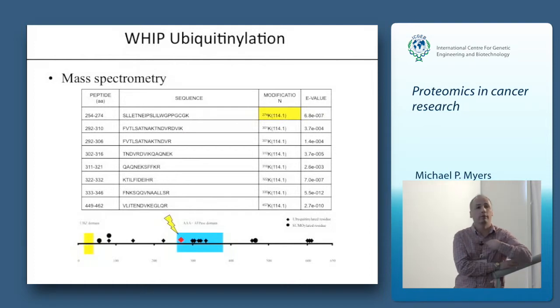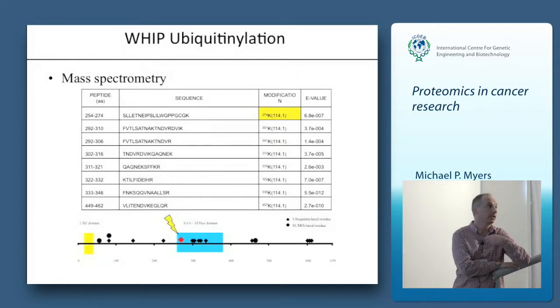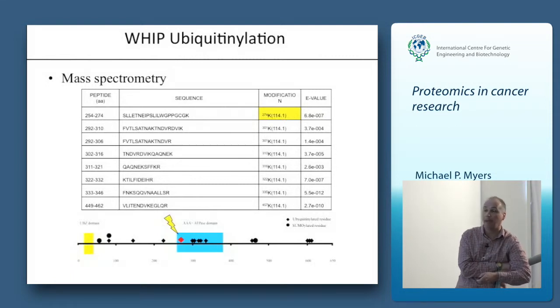Because we have this sort of instrument of discovery sitting in the lab, it's easy for us to alter our IP strategy, and instead of looking for interacting partners, we can start looking for post-translational modifications. So we did this with WIP, and it's phosphorylated, it's acetylated, it's sumoylated, and of course it's ubiquitinated, and we can map the sites all along the length of the protein. There's one ubiquitination site that's actually induced upon UV damage, and it sits right smack in